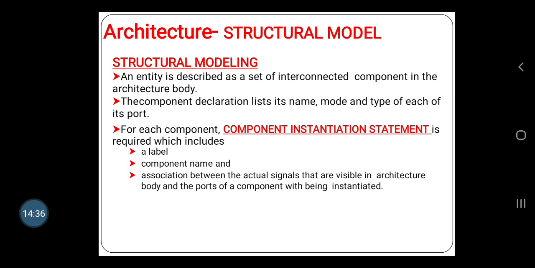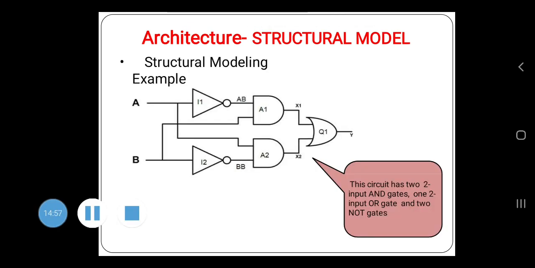For each component, an instantiation statement is required, which includes a label, component name, and association between the actual signals that are visible in the architecture body and the ports of the components being instantiated.